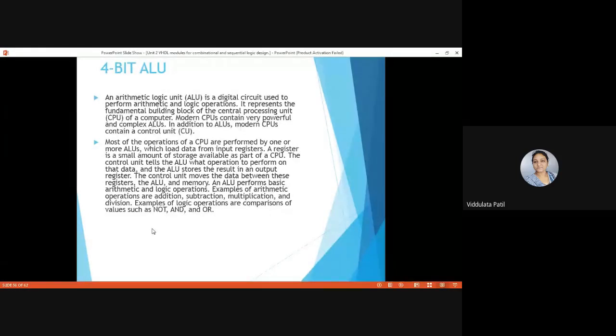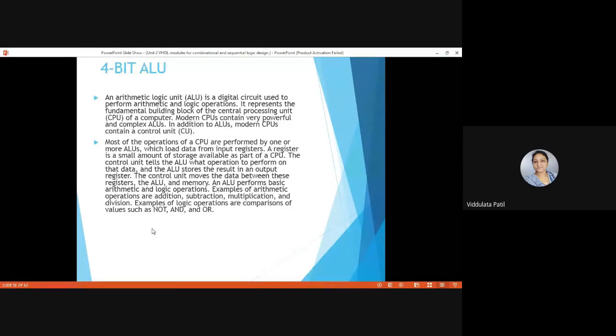In addition to ALUs, modern CPUs contain a control unit also. But right now we are just going to discuss a very simple 4-bit ALU, that is an arithmetic logic unit. Most of the operations of a CPU are performed by one or more ALUs, which can load data from input registers.